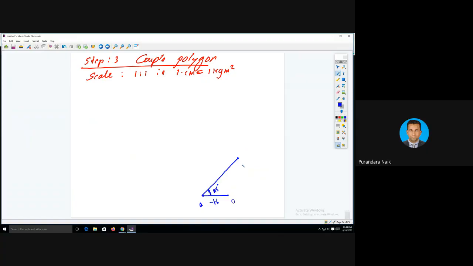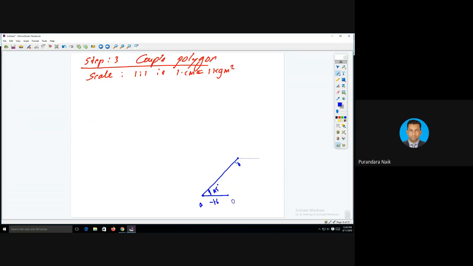And this is point B. After that, you need to draw a horizontal line that we have already discussed in the previous problem. For every point we need to draw a positive x-axis, a reference line, a horizontal line, exactly 0 degree. So this is point B. After that, once you get the point B, now we need to go